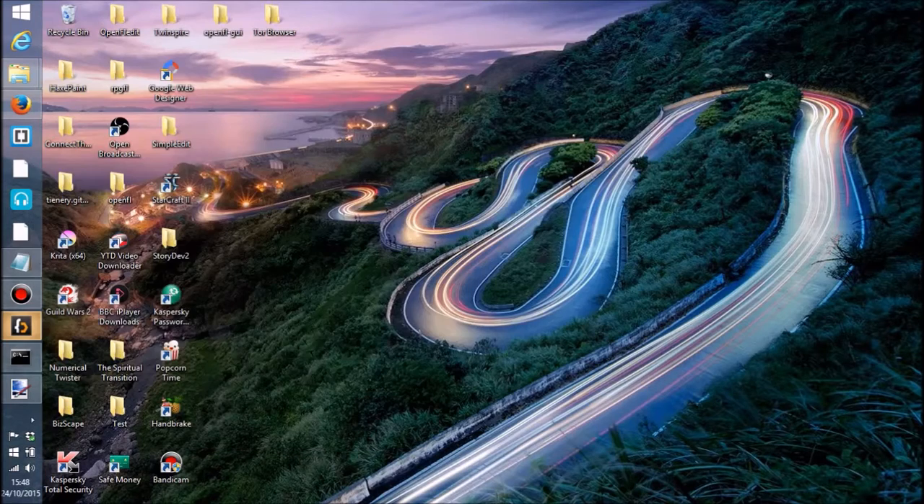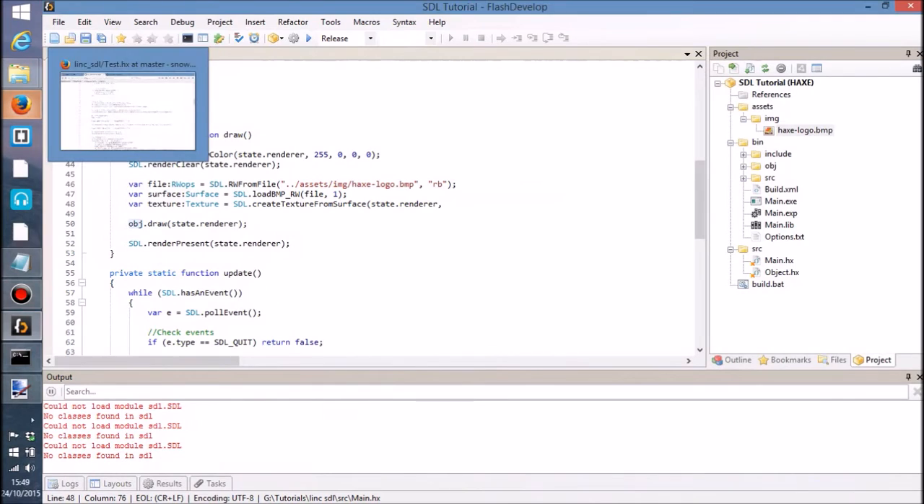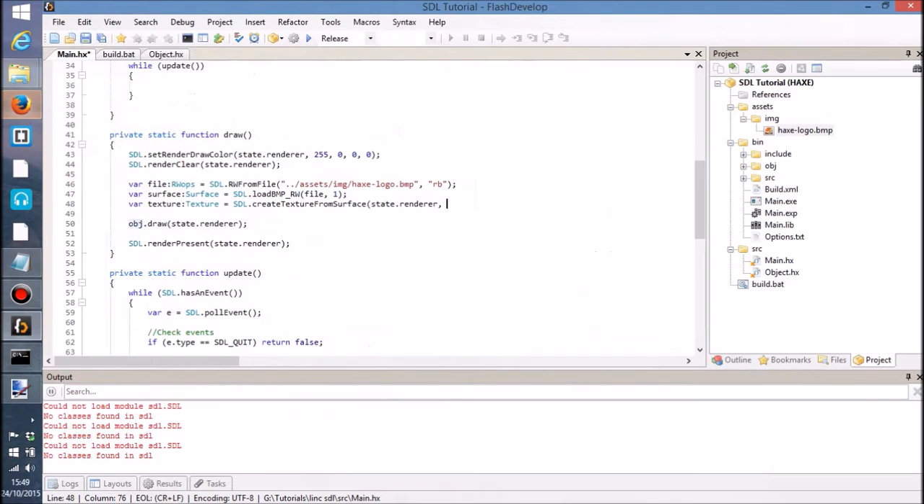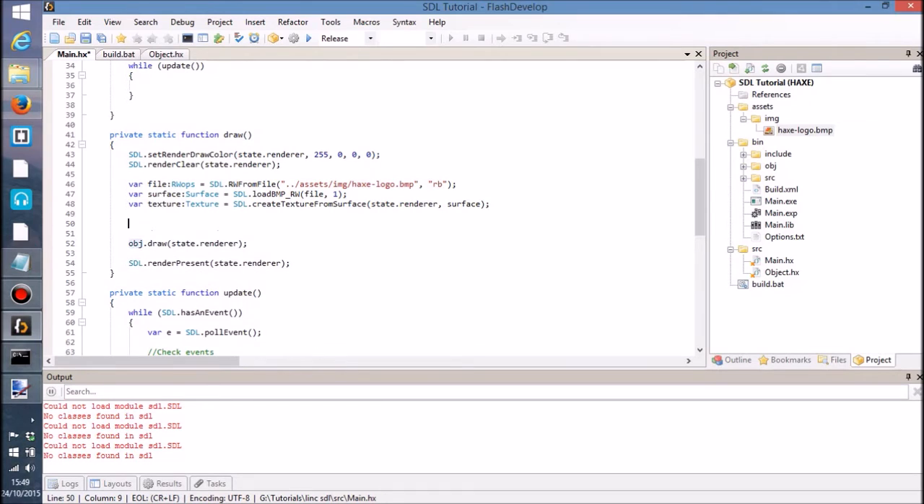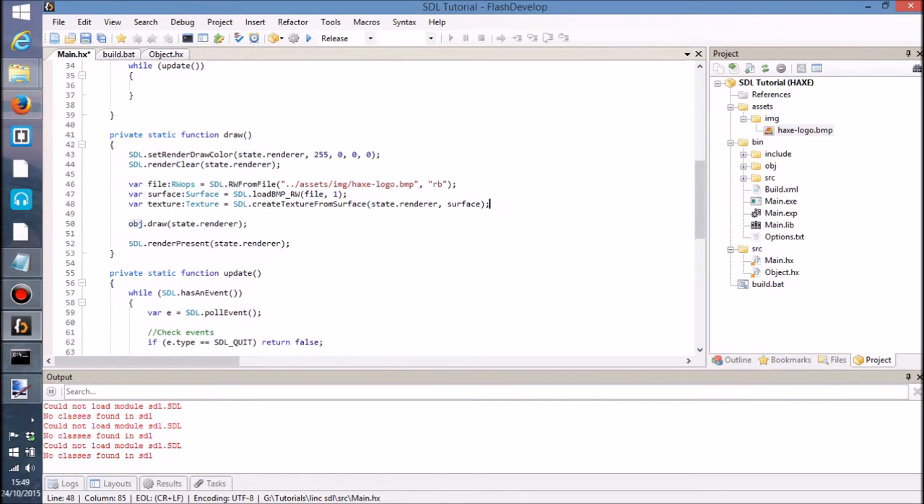And in here, what I'd like to do, I need to, of course, pass in that surface, right? Because that surface now has the image that we want to put on. Now, if I were to save and build this,